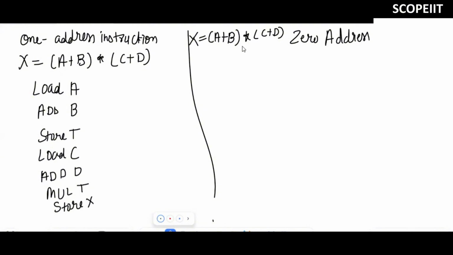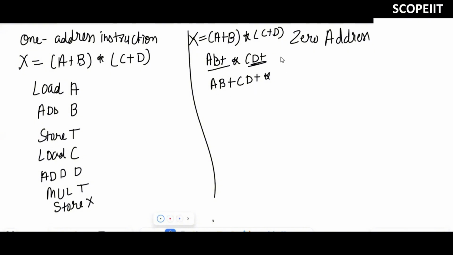What do I mean by postfix? I've already covered this topic in my stack portion, so you can check my data structure playlist. In that, conversion from infix to prefix and infix to postfix, I have already explained, so you can watch that video. Now, what is the postfix expression for this one? If we convert this to postfix, it will become AB plus. In postfix, the operator will go at last. Now this is one term multiplied by this, which will become CD plus. Now this is one term. So the final answer will be AB plus CD plus multiply. Multiplication will go at last. So now this is your postfix expression.